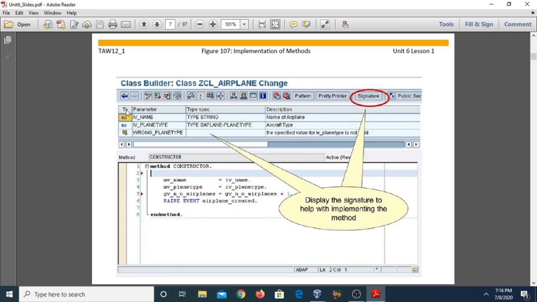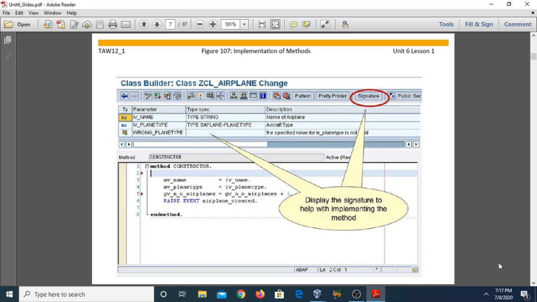It automatically shows the parameters that you defined during the definition of the methods. In the lower portion there is an editor, and in this editor you can define the method functioning. This is the method constructor, and you can give any number of instructions here. We have assigned IB_NAME equal to MB_NAME, and IB_PLAIN_TYPE equal to MB_PLAIN_TYPE.